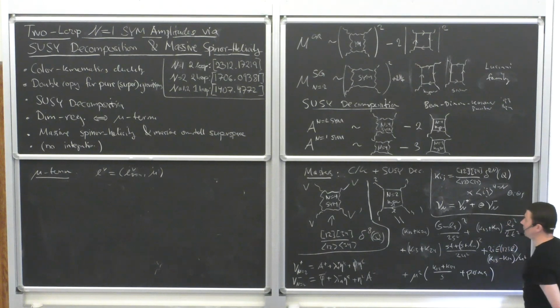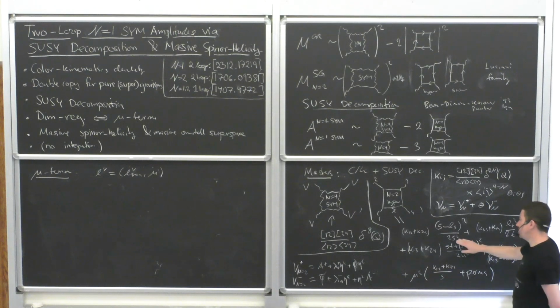Yeah, I think this is the only way to make it manifest. So I mean, you could of course just write the gluon amplitude and then a fermion amplitude and then a scalar amplitude. But if you want them all packaged into one object, you have to write down the delta. You have to write down this, and then already writing down this forces you to have this non-locality, right?